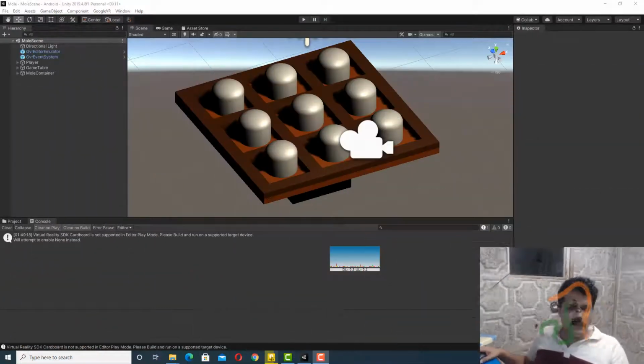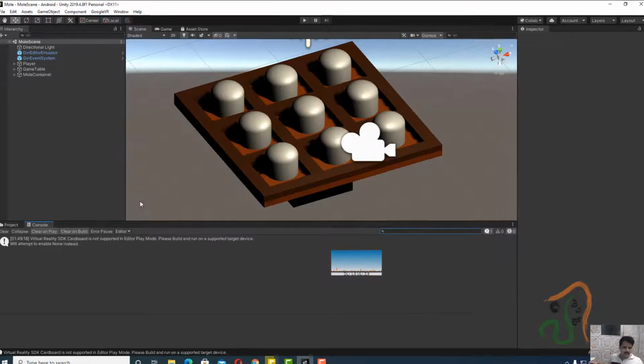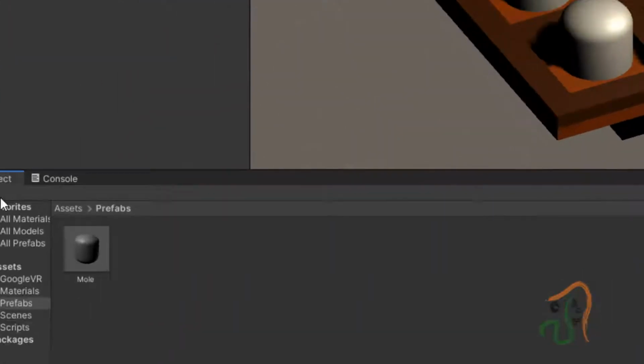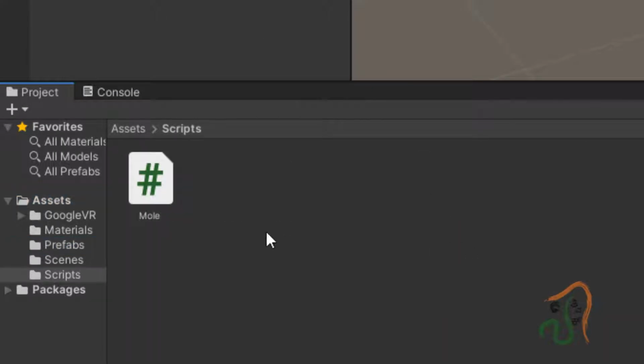Now come back to Unity. We have already created all this, and if you go to properties, assets, scripts, we had created one script called mole, and this mole script is attached to the mole prefab.